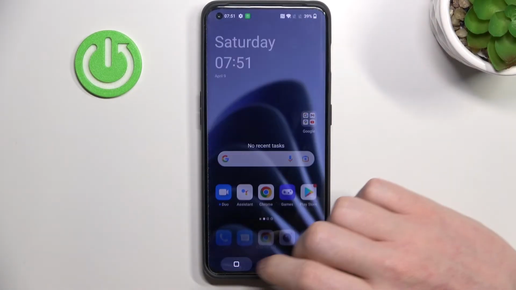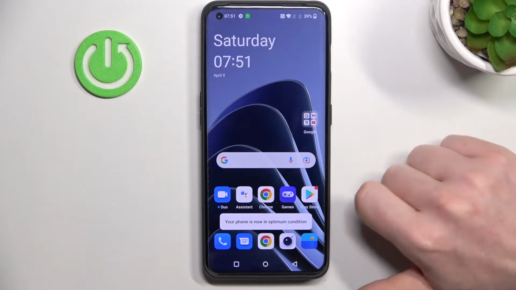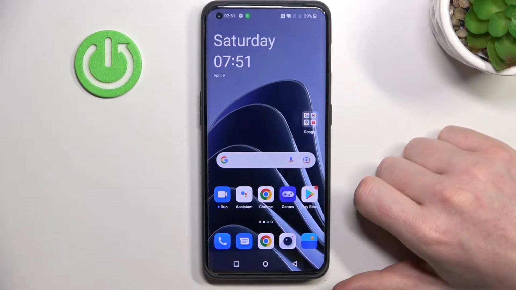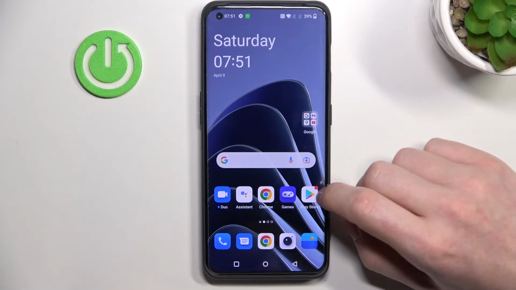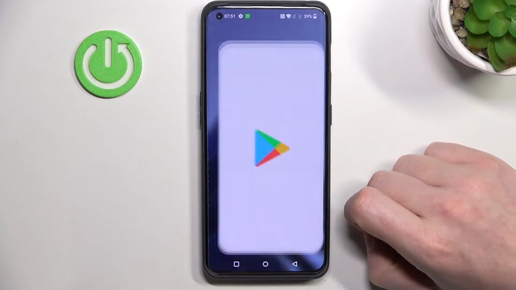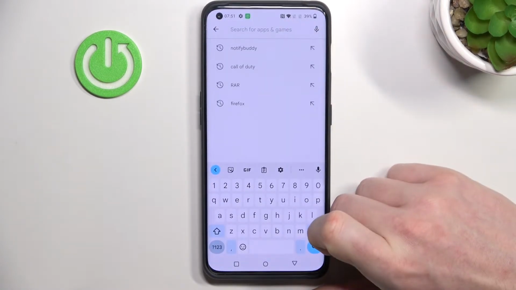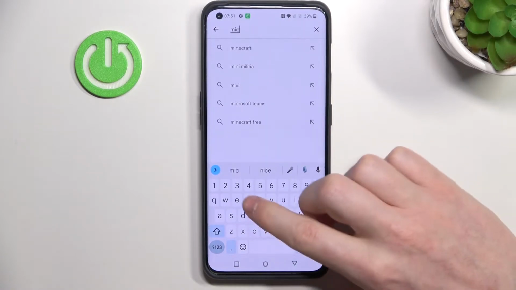Hello, in this video I'm gonna show you how to install Microsoft Edge browser on your OnePlus 10 Pro. So in order to do that, you'll need to open your Google Play Store and start searching for an app. Here write Microsoft Edge